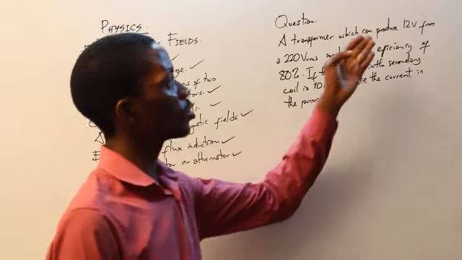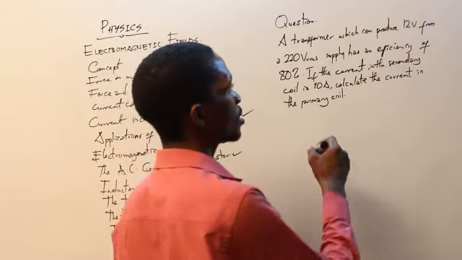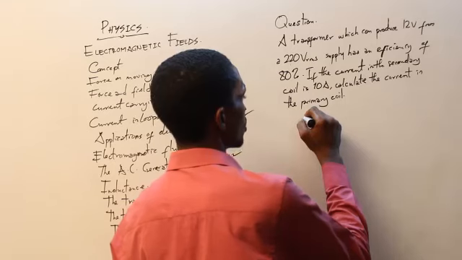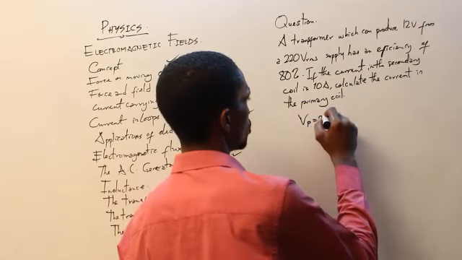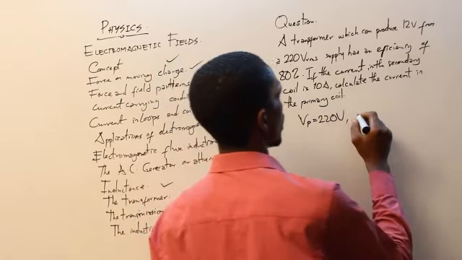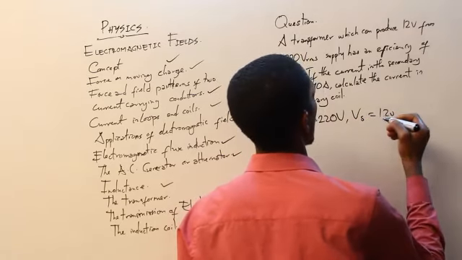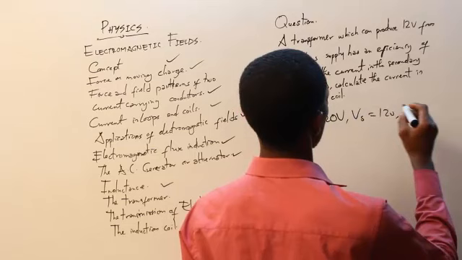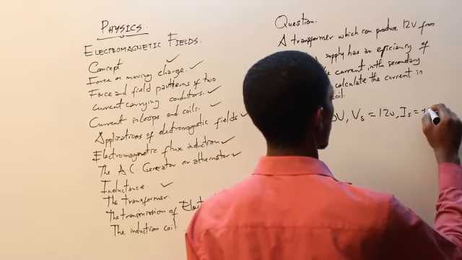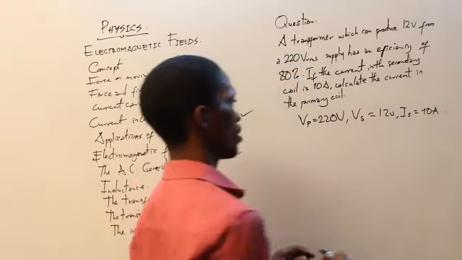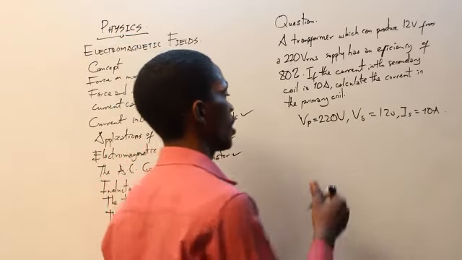Of course, they said it can produce 12 from 220. So it means our primary volts, VP, is 220 volts, and our secondary VS is 12 volts. Our secondary current IS equals 10 amperes. We're not told the number of turns, but we know that efficiency,